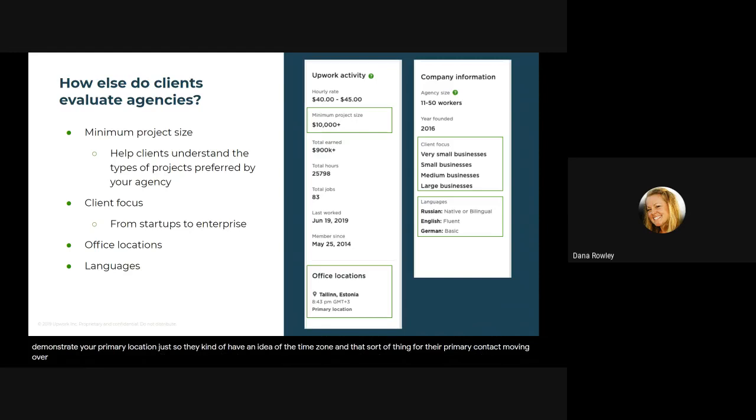Moving over further to the right, you can see the client focus. So you can pick which type of businesses you would prefer to work with. Looks like the Richmond concept here is open to working with everybody, from very small businesses to large businesses. But you can pick and choose which of those you would prefer to work with. And below that, you can see the languages. So they've got some Russian, also some English, and just a little bit of German.